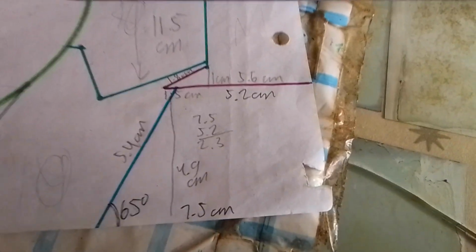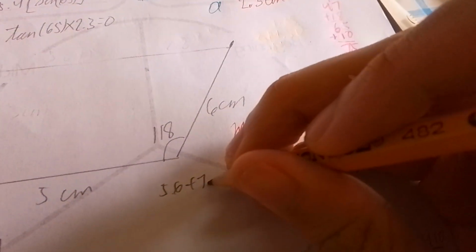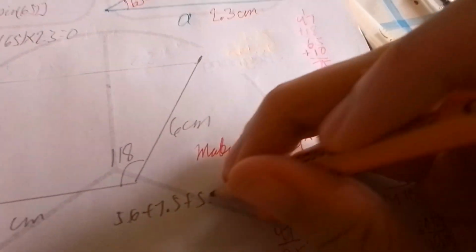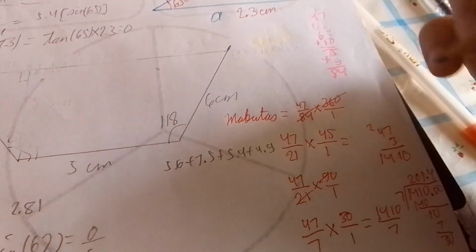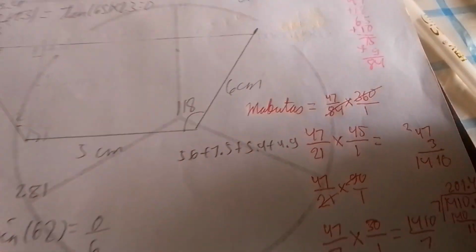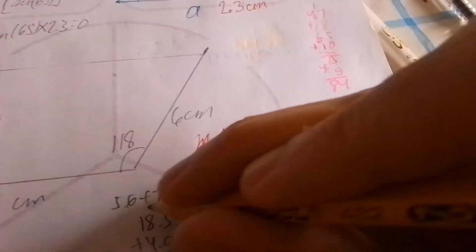So yan. Okay? So now we already know what to do. So this is 4.9. Now all we need to do is to solve. How do we solve? Madali lang yan. So let's solve it here. Di ba remember we have the perimeter. So to get the perimeter, we have 5.6 plus 7.5 plus 5.4 plus 4.9. Tama? 5.6 and 5.4 can be simplified, making it 2. 4 plus 6 is 10. And then 5 plus 5 is 11. And then it becomes 18.5. Then 18.5 plus 4.9 is equivalent to